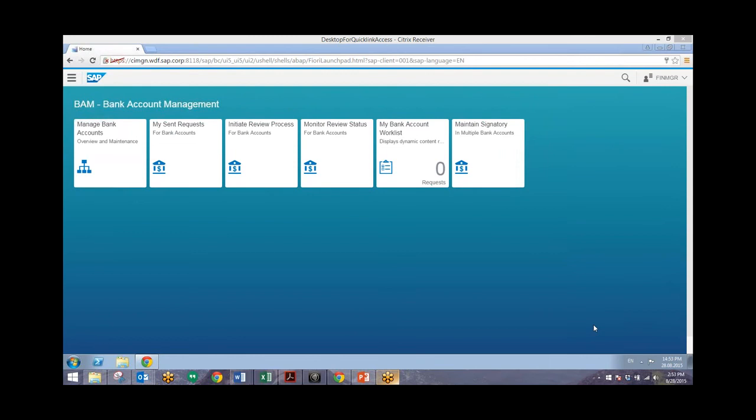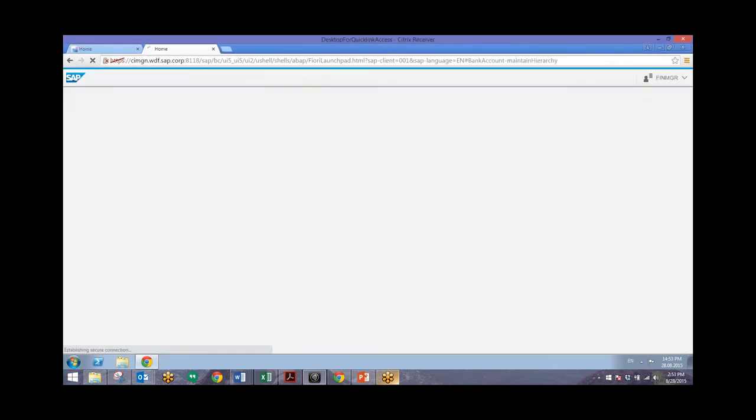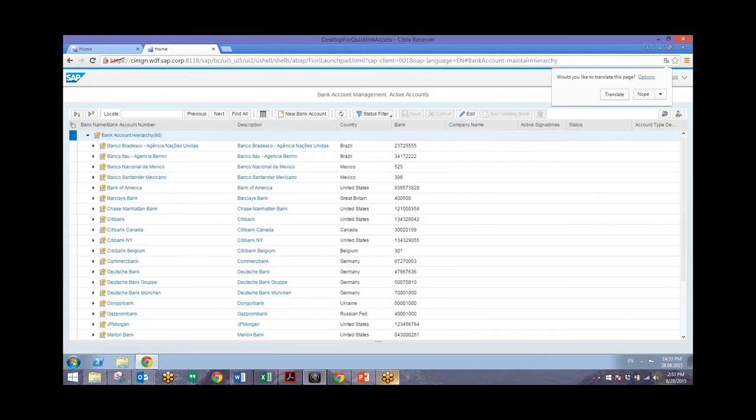And here we see the central cockpit for bank account management. Now, our first step will be to open a bank account. So to do this, we'll go to our Manage Bank Accounts tile, and then we're going to choose a particular bank and then create a new bank account for that particular bank. In this situation, we'll be using Citibank, so we'll click on this, then we'll go to Create